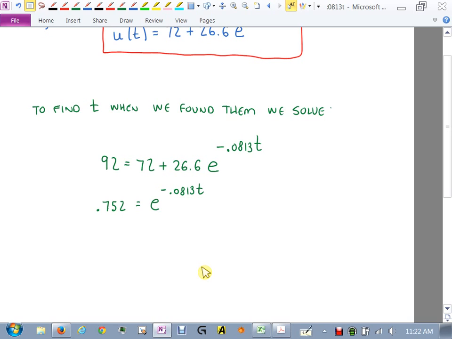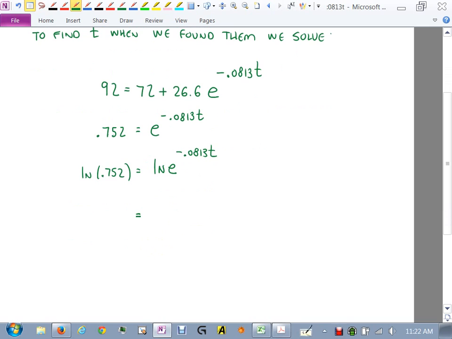And now I'm going to have to play the same game again to try and get that t out. Natural log on both sides. Natural log 0.752 equals natural log e to the negative 0.0813t. You can drop this out front, and what's going to happen to the natural log e? It's going to go away. So you have the negative 0.0813t equals,